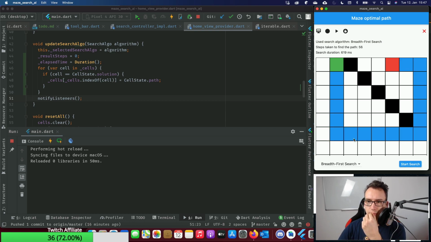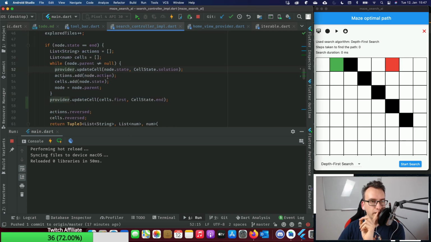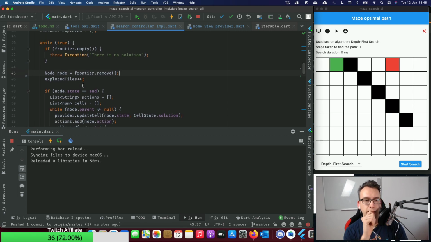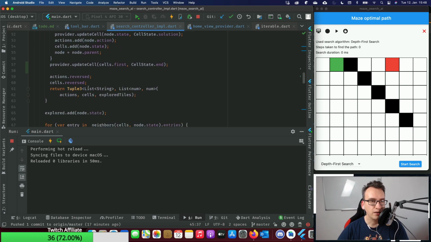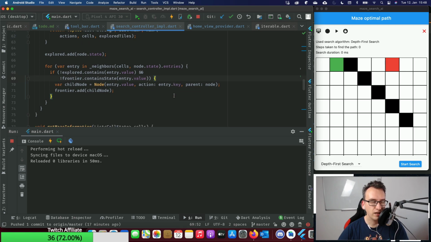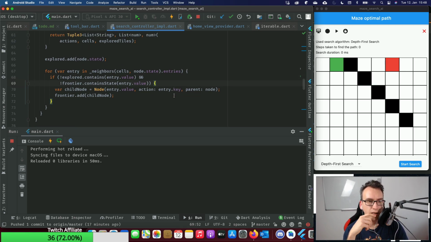We only get the solution, but we don't get visited elements anymore. That's not completely correct here. So where is the problem? So if we have frontier remove, that was the reason I took that. So at which point of time do we update that someone is visited? I think we do that down here, right? So here we can say that at the moment the node where we are can be updated.